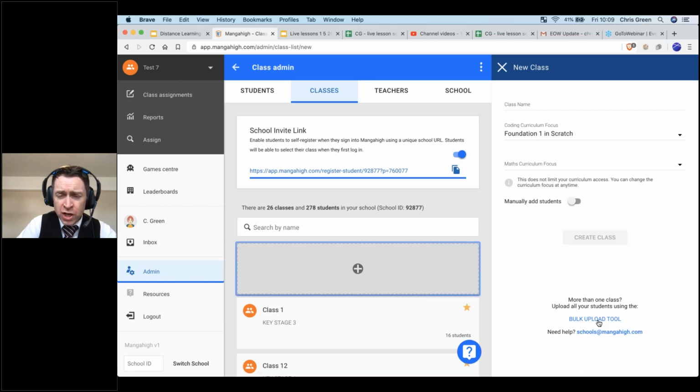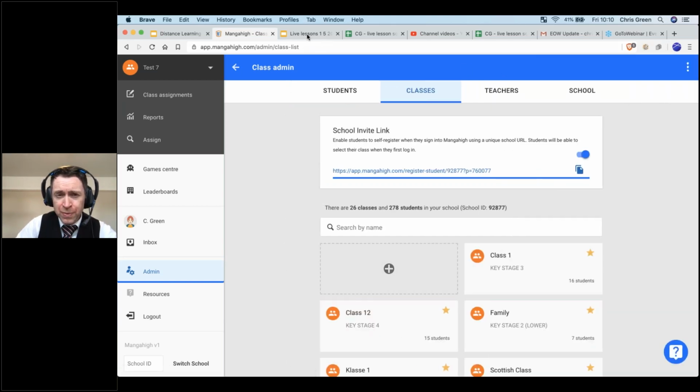And some schools have even asked us to make the password the word maths for every single student in the school to make remembering passwords even easier. Of course, that's not a secure way of dealing with logins, but if it's something that you would like to do to make login even simpler, we will do that for you. You just need to get in touch with us and request it.